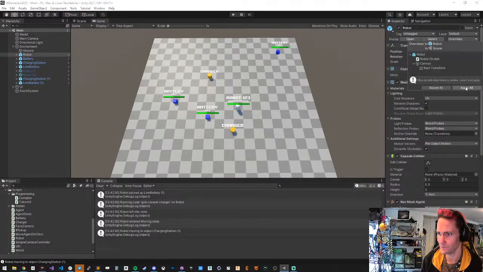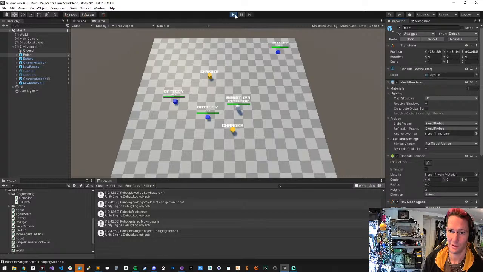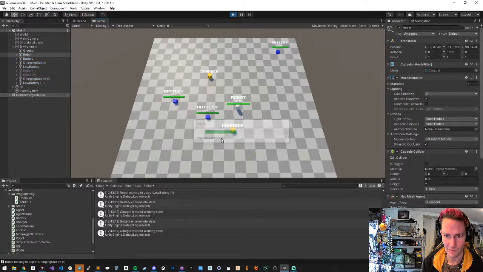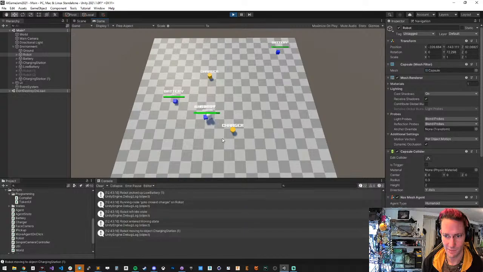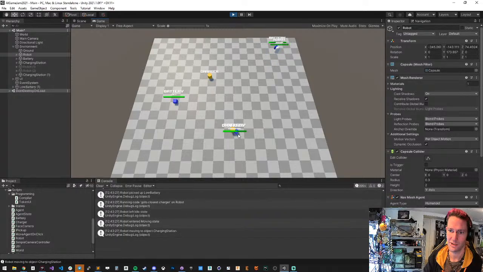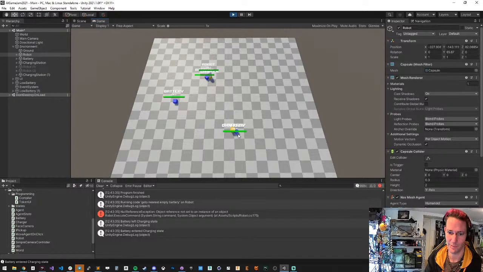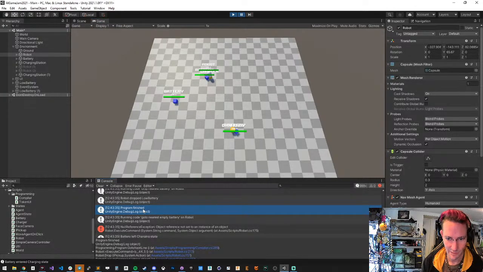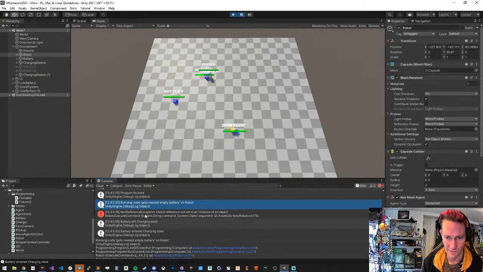I think it's still in meters. Then I should solve that problem. But I mean, yeah, that should solve that problem. So you should keep pick it up, drop it, pick up, drop it, pick up, drop it, and then eventually gives up when it's charged enough. Got it. It's not ideal because he shouldn't keep picking up the battery he just picked up, but that's not a trivial thing to fix. So he'll do the same thing here. He's dropping it, picking it up, dropping it, picking it up, and then now he's reached the point where there's no more empty batteries. The program finished, but it does loop around, tries to find the empty battery,